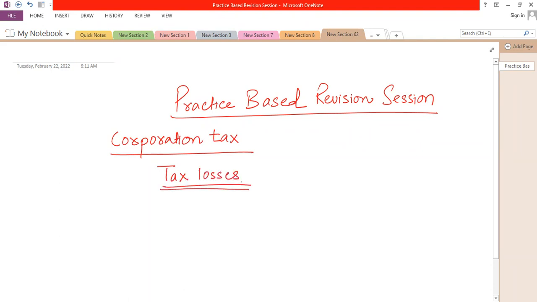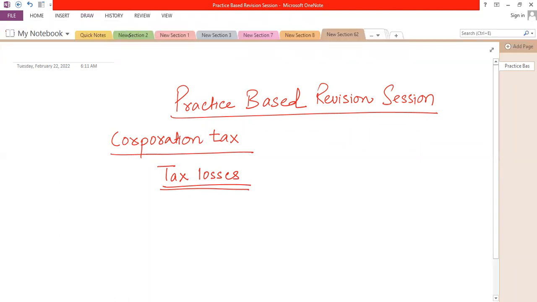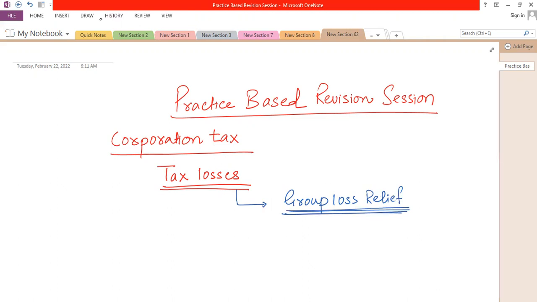Remember that losses are very important topic for any exam attempt, whether it's individual losses or corporation losses. But as far as corporation is concerned, the group loss relief is always an important issue. We might face something from the group loss relief. So you should know how to deal with the individual companies' losses and how the group loss reliefs rules are